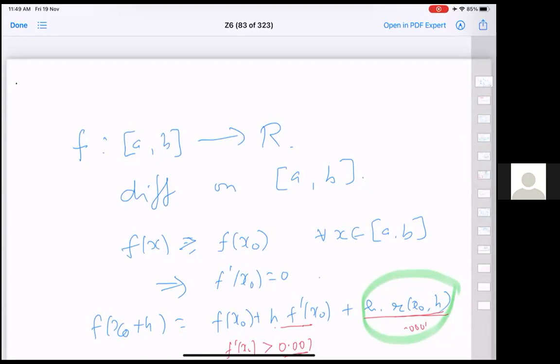Yes, sir. But what I mean is, could we use induction to prove the result for arbitrary n? Suppose that the first 19 derivatives are 0 and the 20th derivative is non-zero. You have your function, you differentiate once. Now you're in the case where the first 18 derivatives are 0 and the last one is non-zero. And so it seems that we could use our result for n equal to 19 instead of 20.